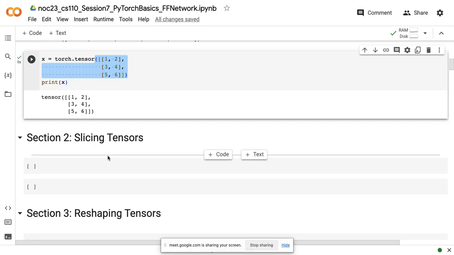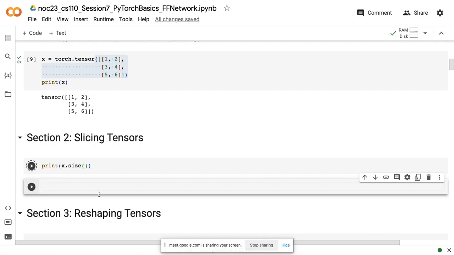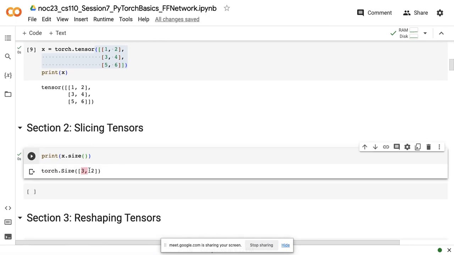Okay, now you have to slice a tensor. It's the same way you slice a particular array; the way you can slice an array is the same way you can slice a tensor as well. Now let me write down how to do that. If you write x.size, you will get to know the size of a tensor. In this case, it is 3 comma 2, that is 3 rows 2 columns, right? And if you have to slice it,